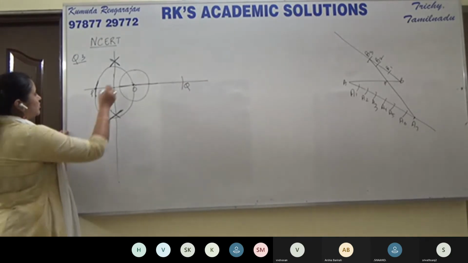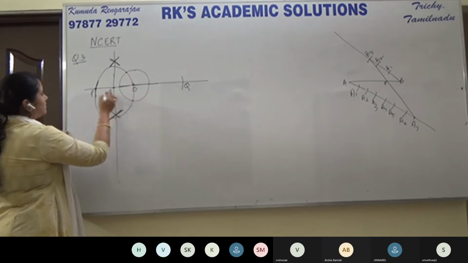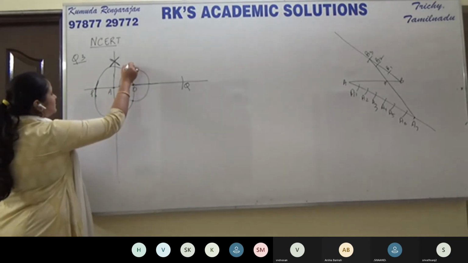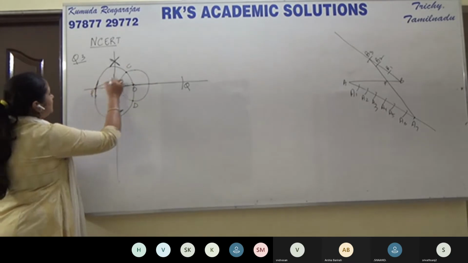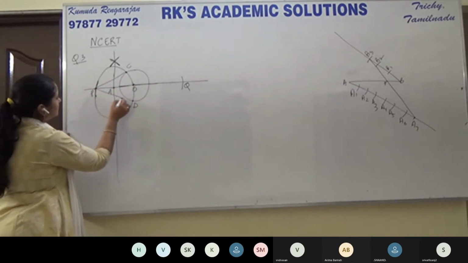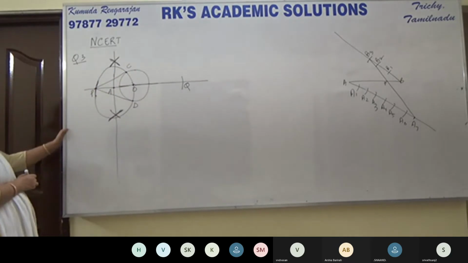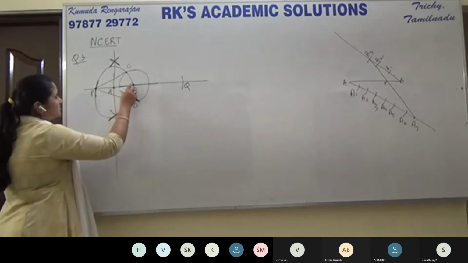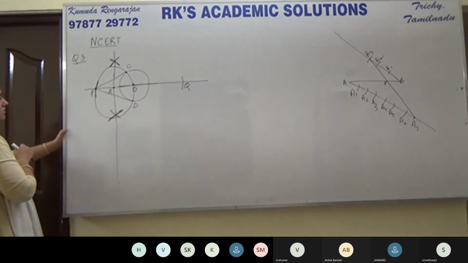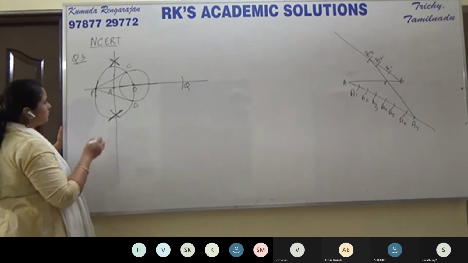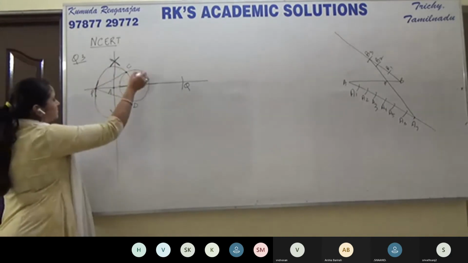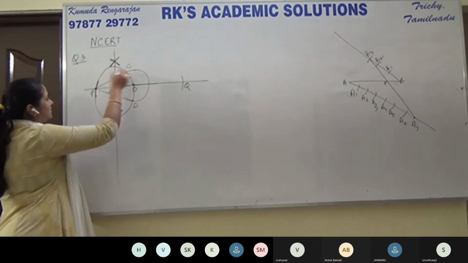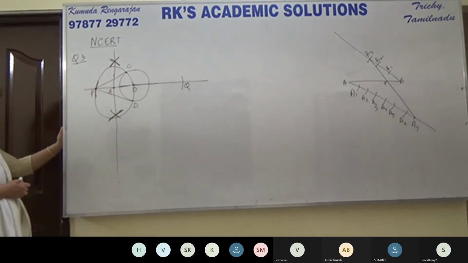Now, I hope you got the circle. Now, these are the 2 points to be marked. If I call this C and D, join PC, join PD. PC and PD are the required tangents to this circle with center O and radius 3 centimeters. We'll see why the construction works. So this circle cuts the circle at these 2 points C and D. Join PD, join PC. These are the 2 required tangents to the circle.